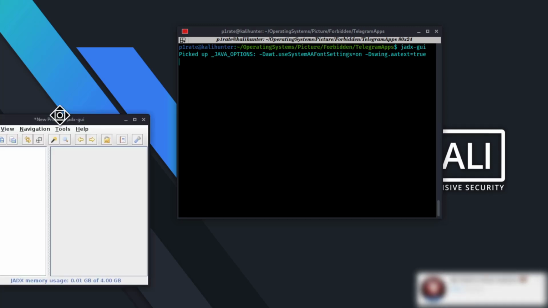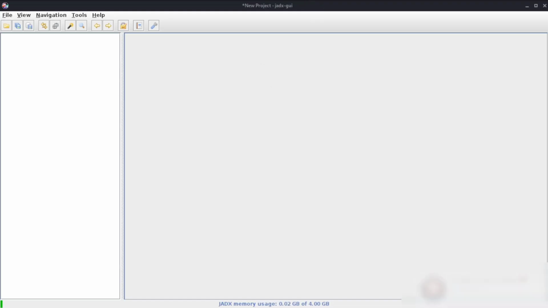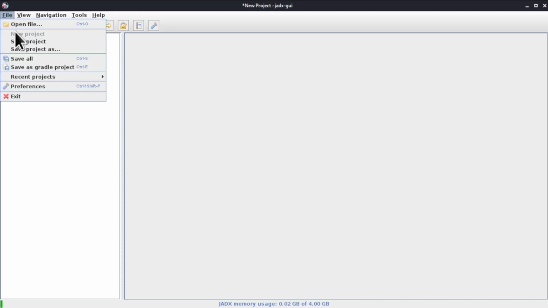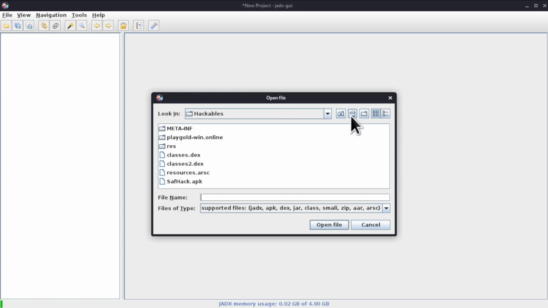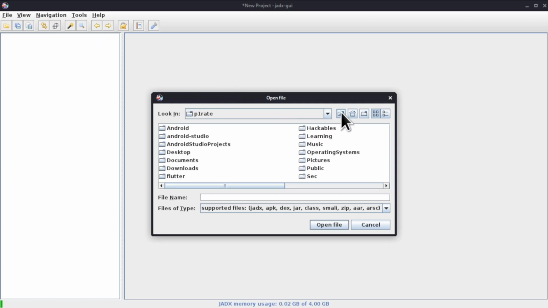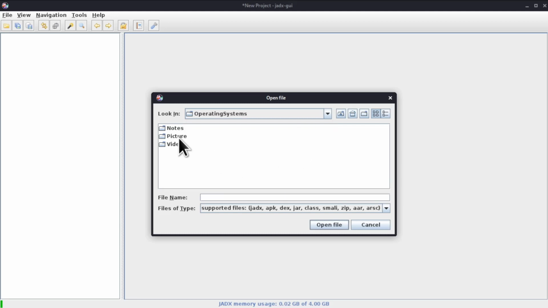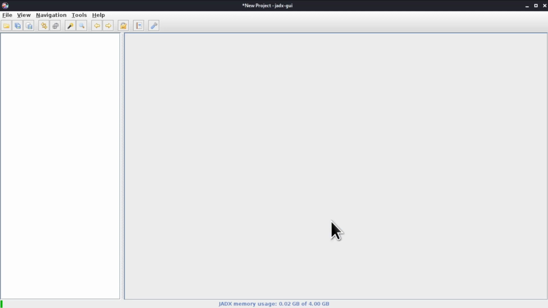So here it is. We need to load the file. File, open file. Let us look in operating systems, pictures, forbidden, Telegram apps, and choose. Let's choose the first one. As it loads the file, the status